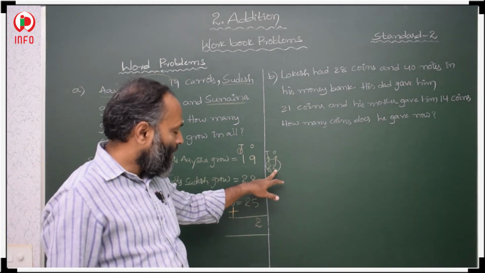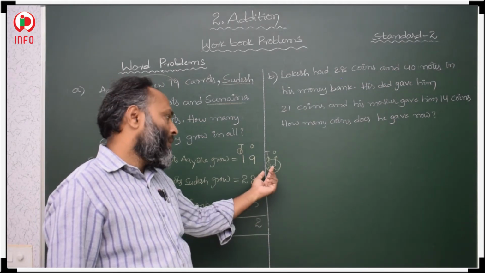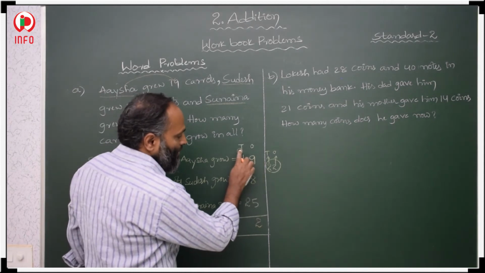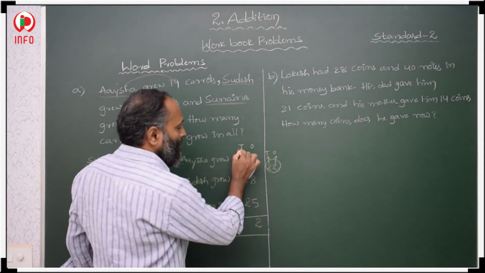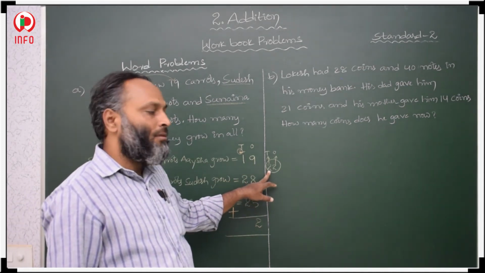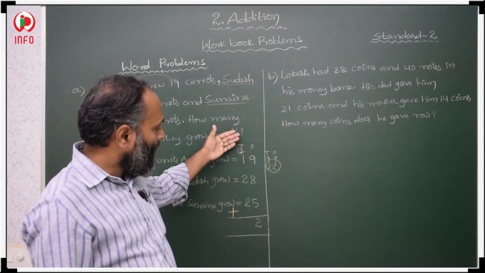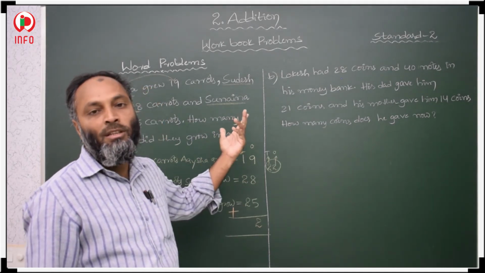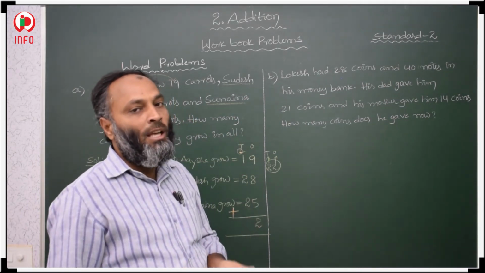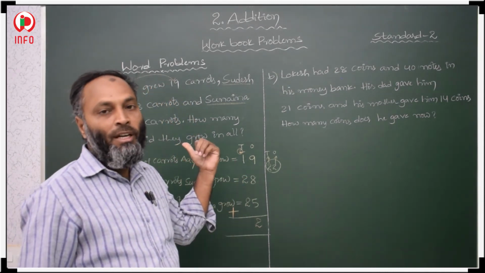First we have to take whatever is in the ones place, that sum we have to keep in ones place, and the remaining tens place value we have to keep in tens place. 2 is there, so we have to take here 2, here 2 in tens place. Okay. Now 2 plus 2, if you want to add from up to down or down to up, that is your wish. Why? Because if the order of the addends changes, the answer remains the same. We did that one also in previous problems.